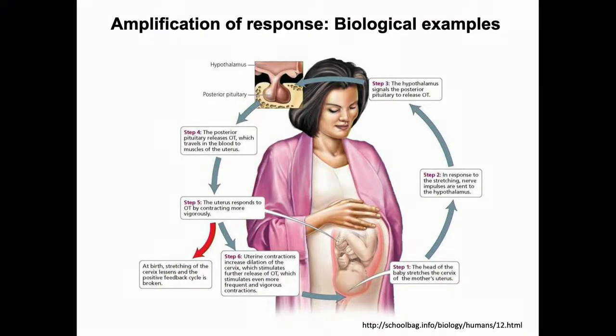Where are these time scales coming in, right? What are the different events happening here? Release, sending the signal to the hypothalamus. That's a very quick thing, right? Reflex actions, we all operate in that sense. Then there is oxytocin being released. Was oxytocin already there in sufficient quantity, or do new molecules have to be generated? That leads to traveling in the blood to the muscles of the uterus. This is seconds to minutes time scale. It's not more than that. So once it's triggered, it's a fast response, and then eventually leads to these two outcomes.